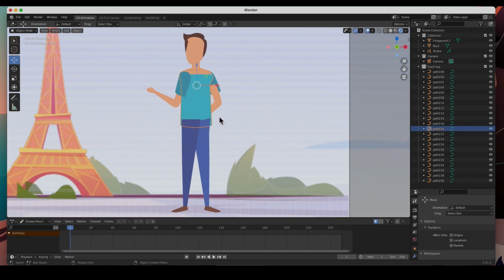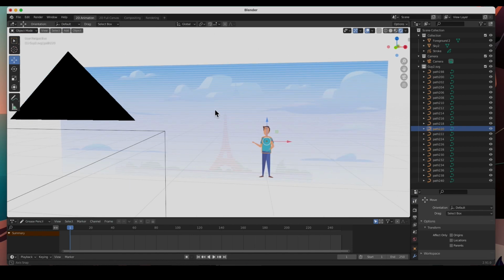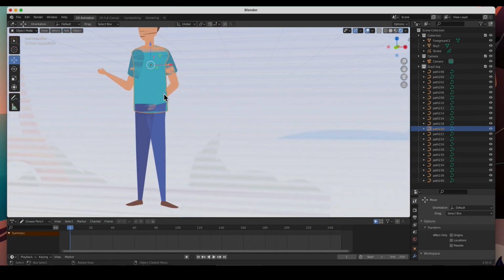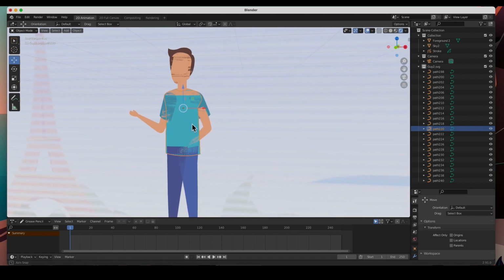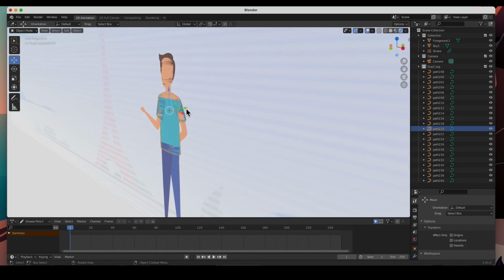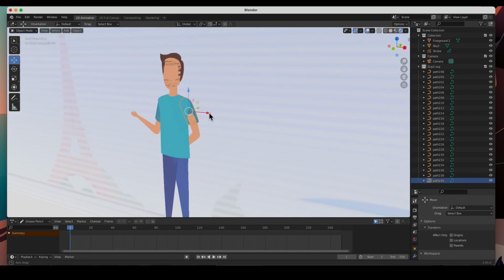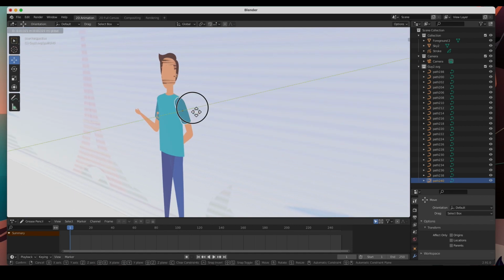We just have to start moving these elements around, guys. Not a big deal. Let me start pushing his shirt forward. You can see that that fixed that. This sleeve, I'm going to push forward.